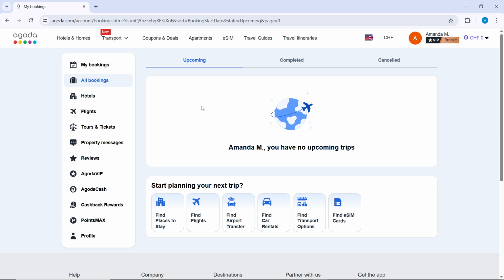In the details page, you will find the airline booking reference or PNR, which is otherwise known as the passenger name record. This reference is essential for managing your booking directly with the airline. Once you do that, open a new tab in your browser and go to the official website of the airline